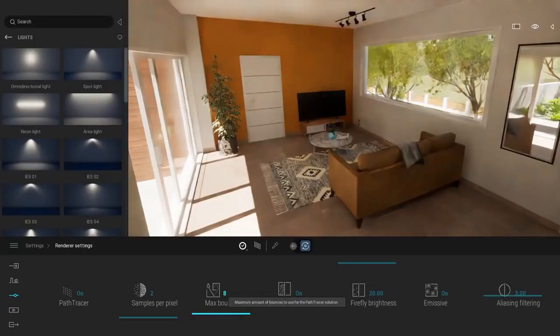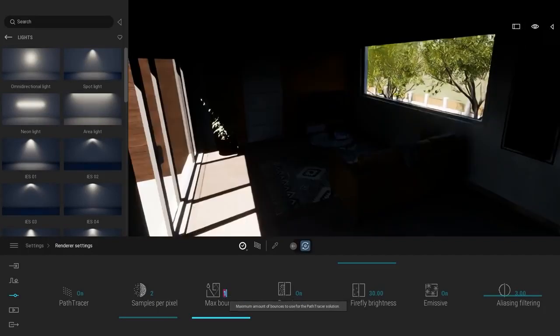The number of bounces defines the number of bounces each ray will go through until it stops. So for example, if I set up just, let's say, one bounce, as you can see here, I don't have a lot of lighting information. So the sun, when it comes in, doesn't bounce on my ceiling.